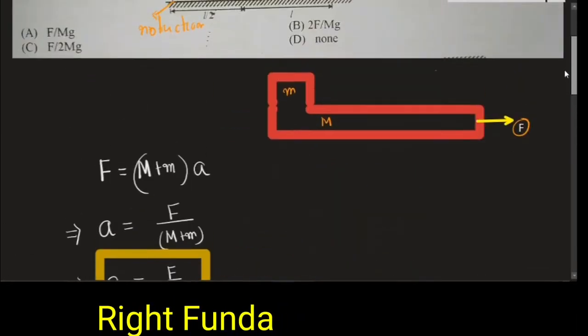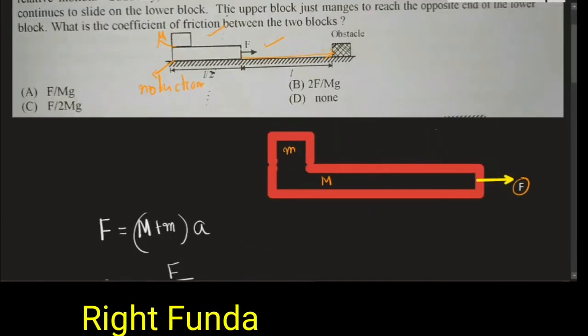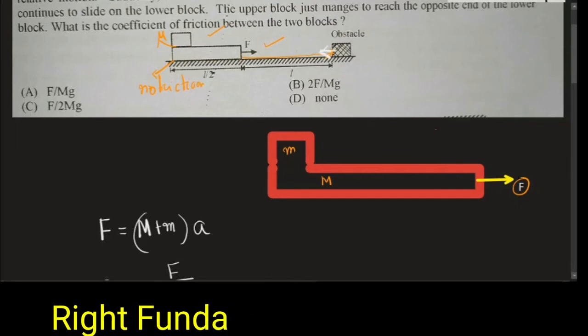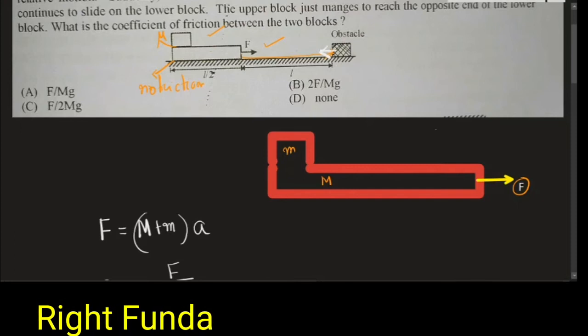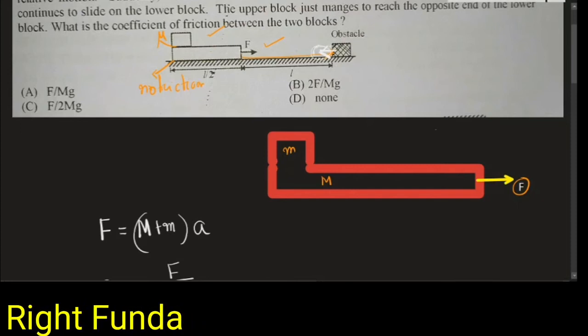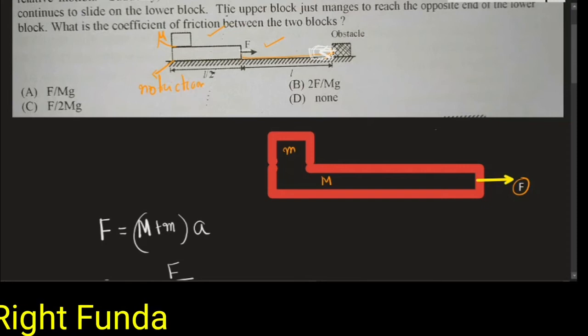As soon as this lower block hits this one, a large impulsive force will act on it, and that will bring about a sudden change in momentum of the lower block, and it comes to rest because of the large impulsive force, a very large force acting for a very small time. But there is no impulsive force on the upper block, so practically its momentum will remain unchanged. So whatever velocity it has attained,